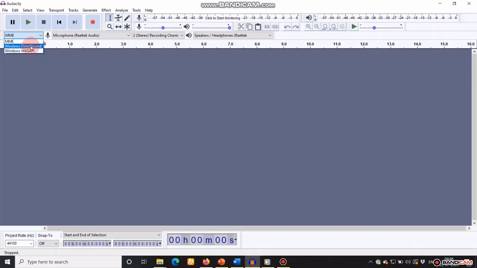Second, Windows DirectSound is newer and potentially offers less latency between the time when you speak and when you are recording. If you are unsure which one to select, test and select which one sounds good. If you can hear a difference, then you have your answer.